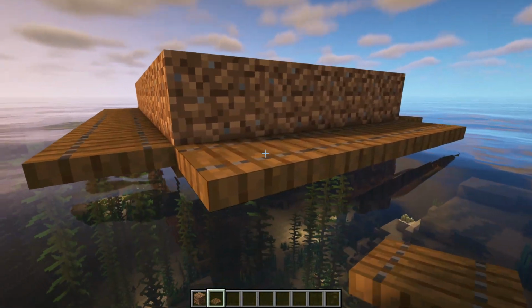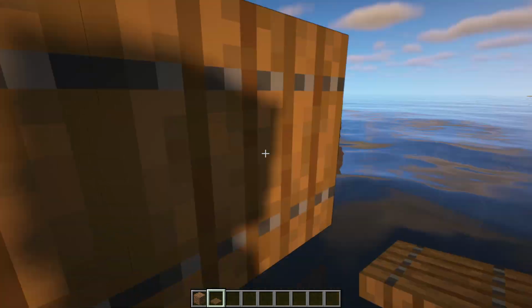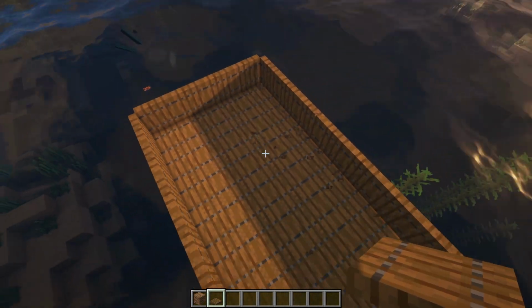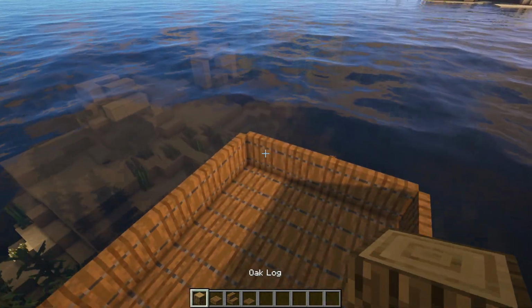And then when you've made it all the way around, you can of course go ahead and flick them all up, and then of course remove all of the temporary blocks. So that is the general shape of the raft, and now what we can do is just hop back on